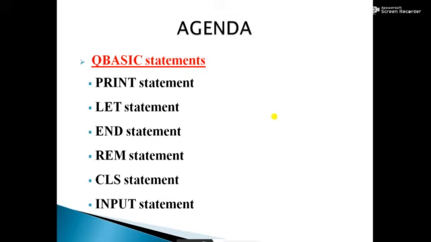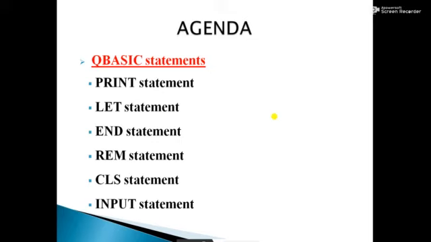Not only QBasic statements, generally if we are using statements in a computer science language, this is the common explanation. So statements means a set of instructions or commands given to the computer system for doing some particular task.